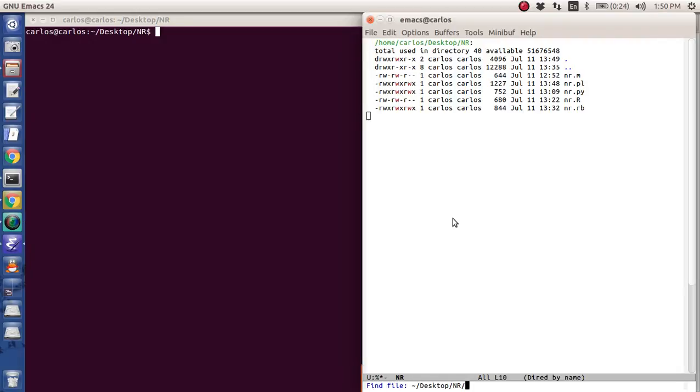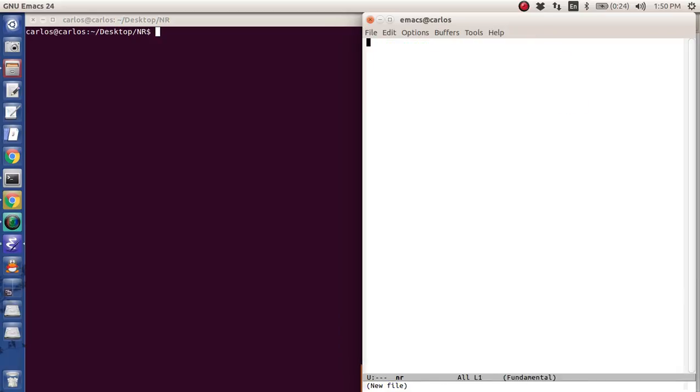Okay, folks, so it's time for Bash. Bash is just really a script, and so it doesn't really need an extension. You can literally just do nr and tell it that it's an executable. So I'm just going to do nr, and it's going to say fundamental. But if I just type in, I'm going to just do echo